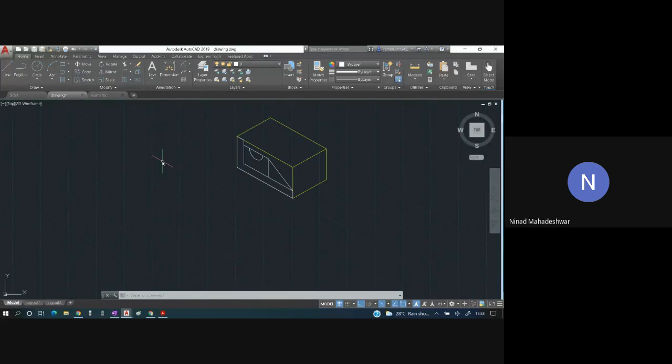Now understand this part very carefully. From the line command, I'm going to click over here and extrude or expand this. Function F8, along the breadth side. How much is the breadth of this entire part? That is 60.